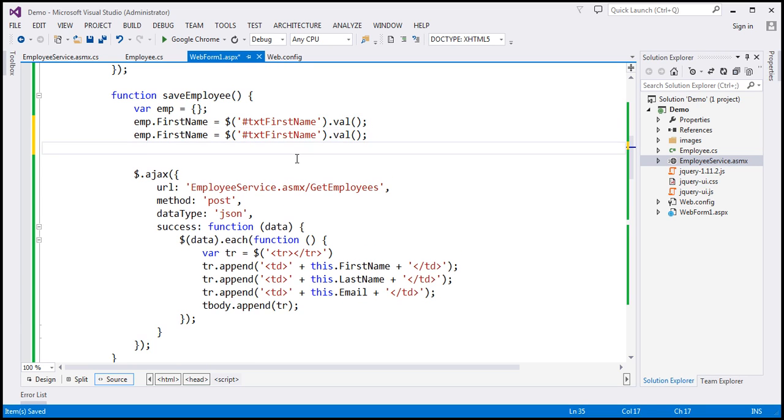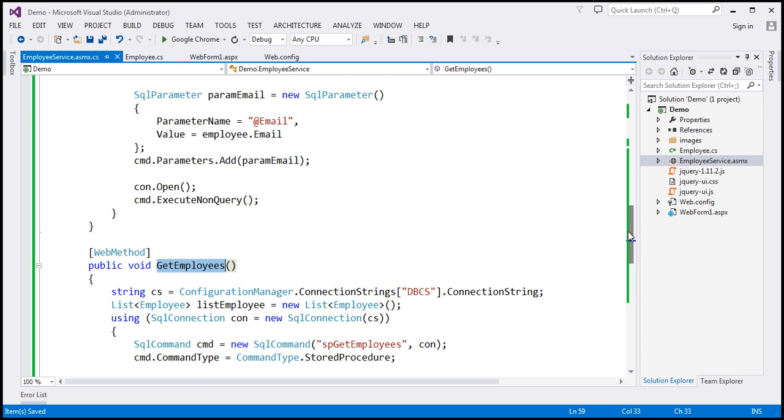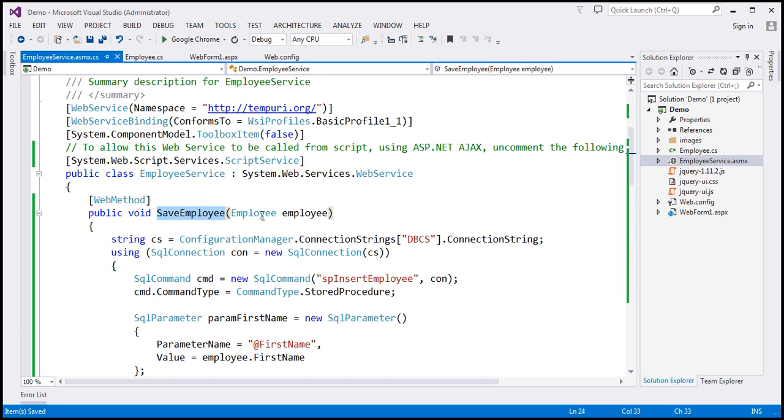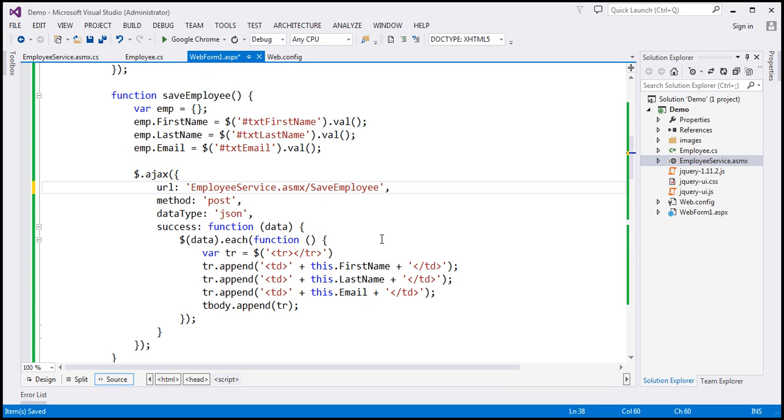Similarly, let's go ahead and specify last name and email. So we want to retrieve last name from the txtLastName text box. Similarly, email from txtEmail. So this employee object now has the data that the user has entered. So now we want to issue an AJAX request. So that's the URL that we want to call, but the function is going to be saveEmployee. And notice this function has an input parameter, right? So saveEmployee is the name of the function that we want to call,